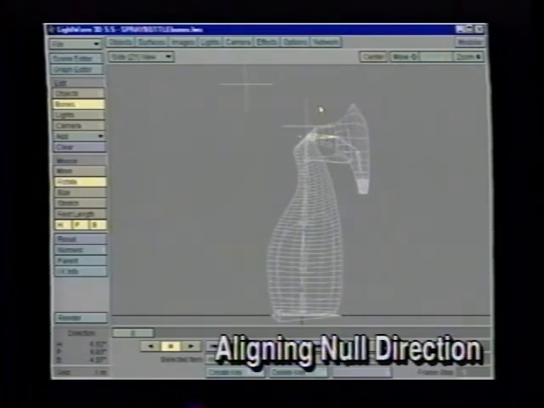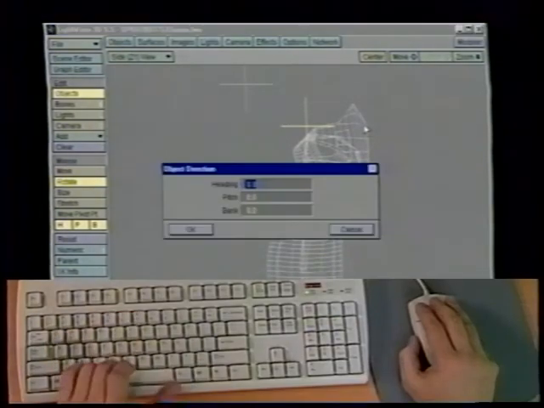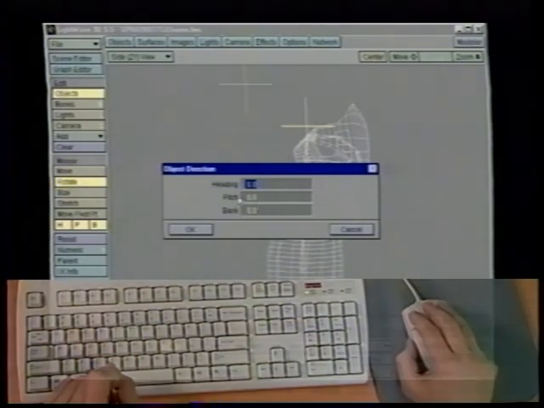And as you can see, it automatically rotated. That's because when I parented my null, it was based on the rotation of its parent. So what I'm going to do, because this is twisted on the pitch and the heading, is simply rotate this back into position. I might as well do it numerically by hitting N on the keyboard to bring up the numeric panel. And then I can change the heading,